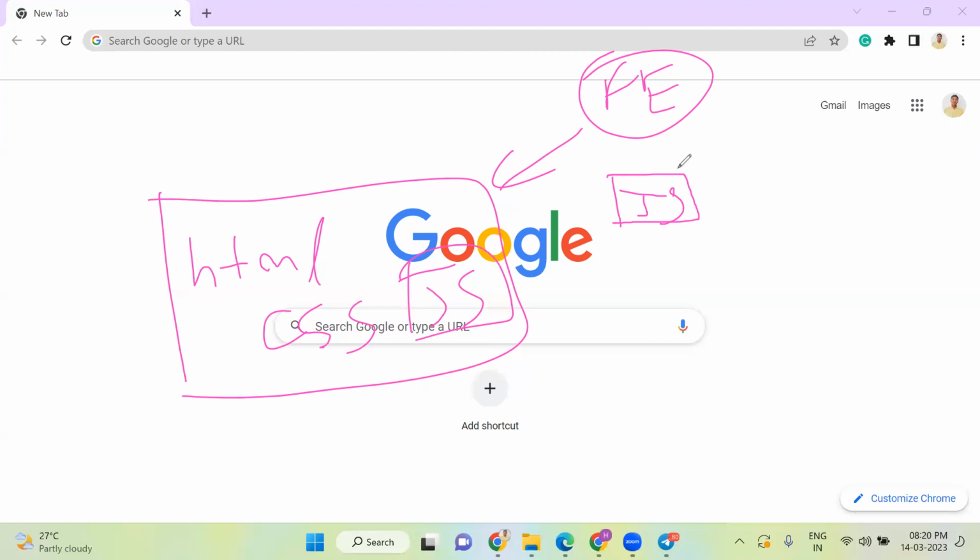And then after a few years, the ECMAScript people thought, why two different languages, one for front end and one for back end? Why don't we introduce JavaScript to the backend too, right? So they came up with something called Node.js.